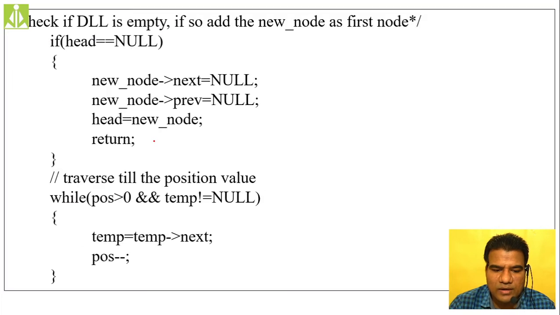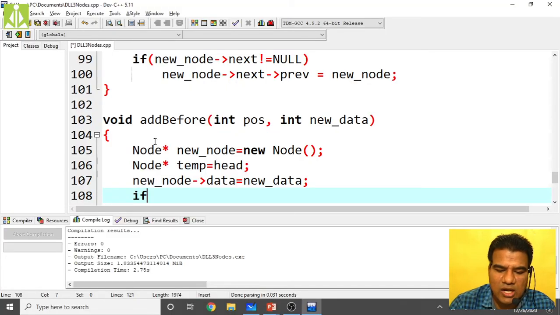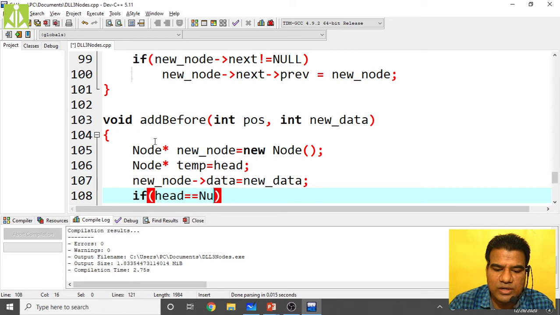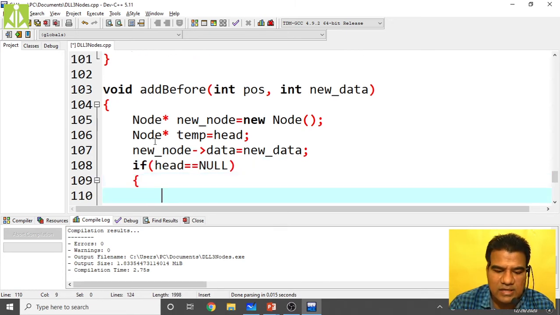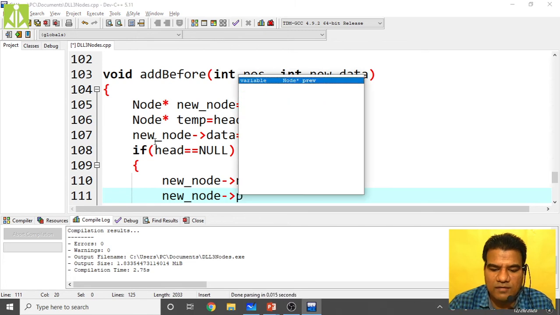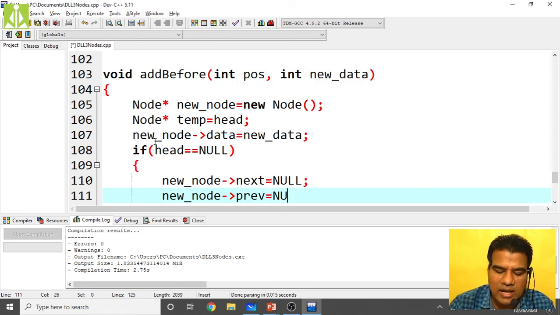Then we check whether the head pointer is null or not. Same thing: if the head pointer is null, we'll make the newly created node the first node inside my linked list. So if head is null, then as usual the same code: new_node of next should be null, and new_node of previous should also be null.